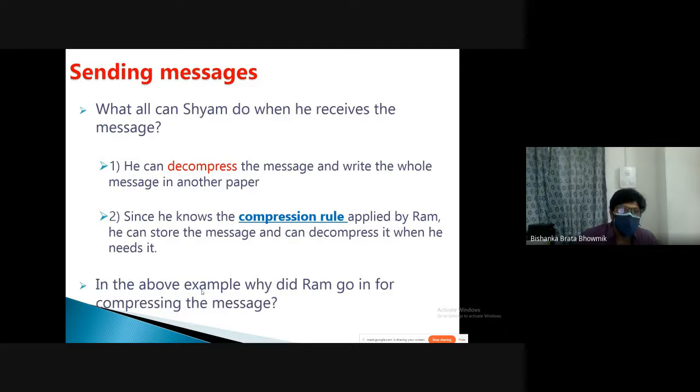So how will the person on the other end decompress the data? Obviously, as they know the compression rule, which has been transferred with that small paper itself, they will be able to retrieve the data back from the compressed one. Right? So these kinds of small games you can play in the class to understand the main motto of compression and decompression.